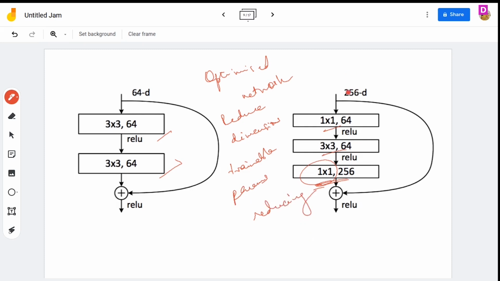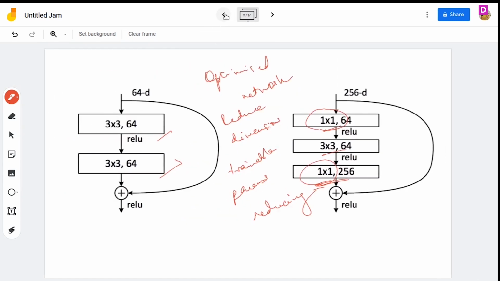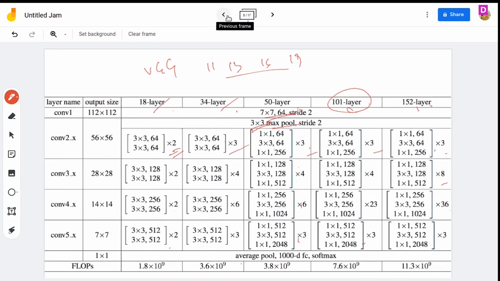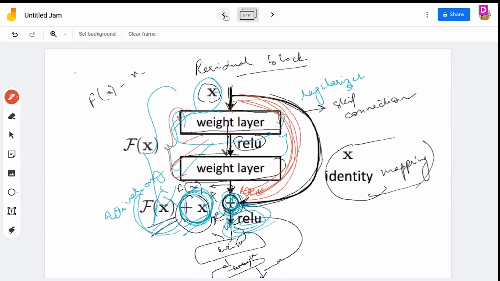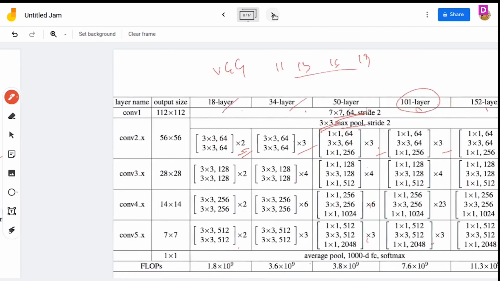So that is what this whole thing is about. Now this is an optimized version of the network. And like Inception Net, residual network itself has many different variations from time to time. It has been improved. So you have ResNet v2, v3 in the same way that you had Inception Net. And in the next class, we will actually learn about the different Inception Net variations, how from time to time it has been improving. So just a recap,